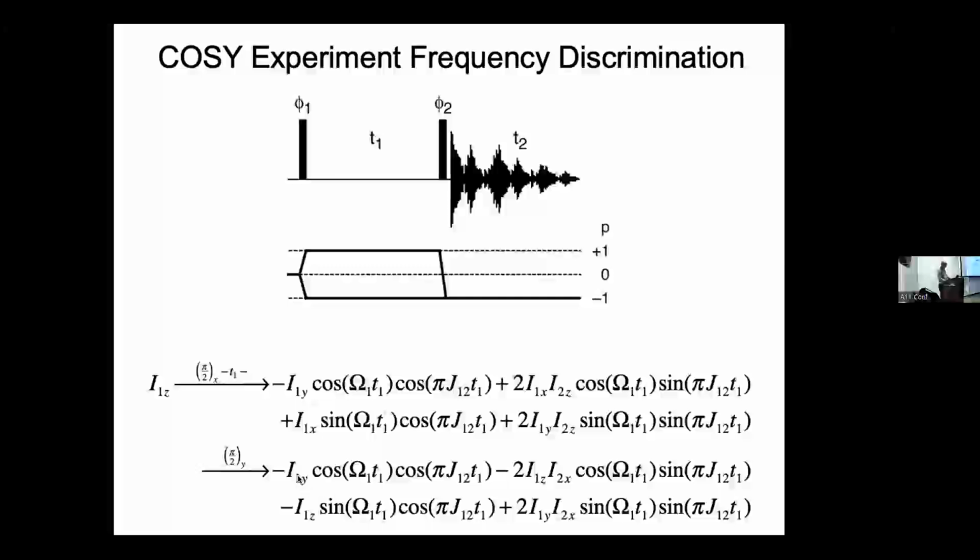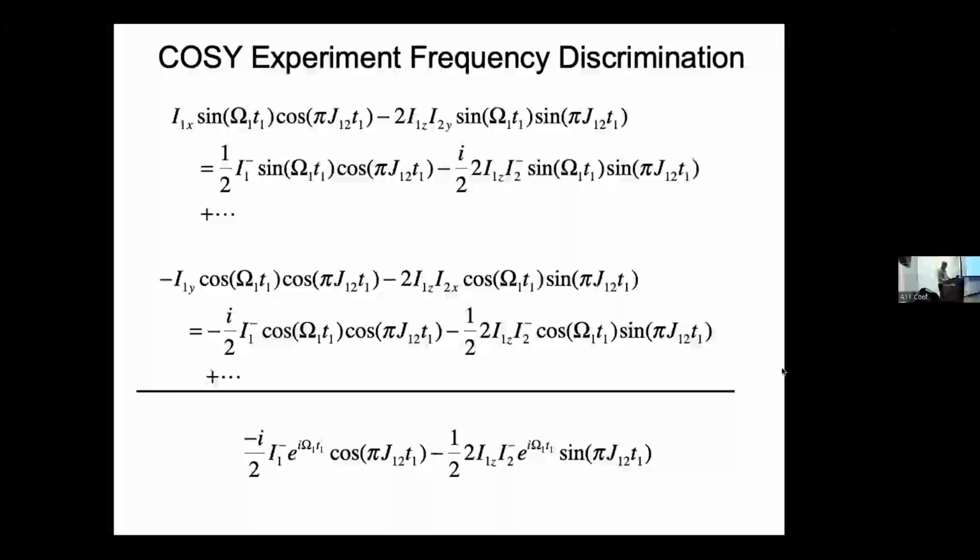And this one is now cosine modulated with respect to the chemical shift rather than sine modulated with respect to the chemical shift. It has the same dependence on the scalar coupling. Similarly, this one is cosine modulated, but has the same dependence on the chemical shift. So then I have my two data sets,